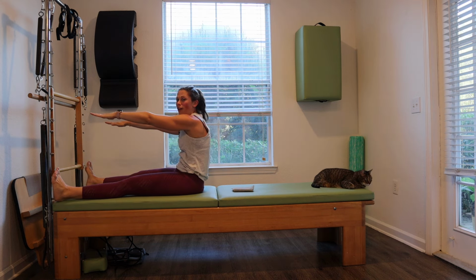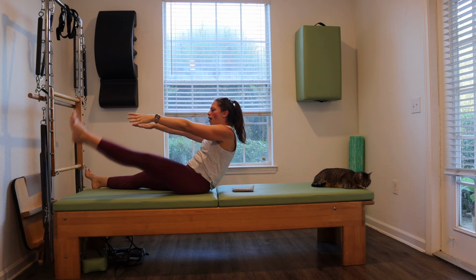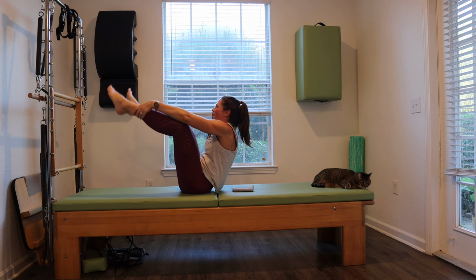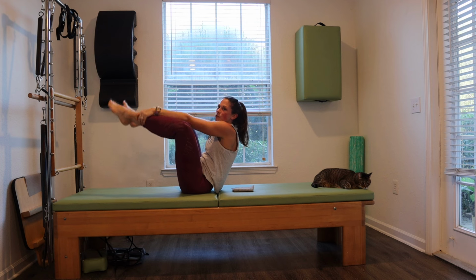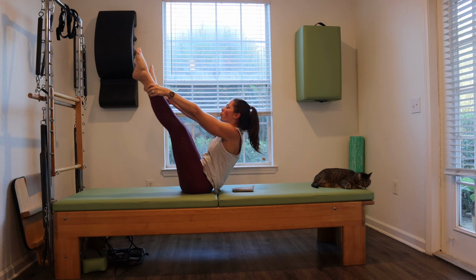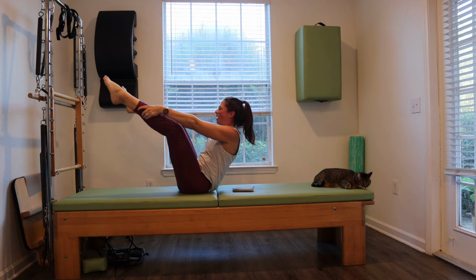Stack your spine up tall. Roll back about halfway, point out through your toes. Grab onto your shins or your ankles, wherever you can, however you gotta get up there. Challenge yourself to grab onto the front of your legs rather than the back of your legs. Hold this rounded shape, and then we're gonna rock back, lift the hips, and then rock yourself back up, find